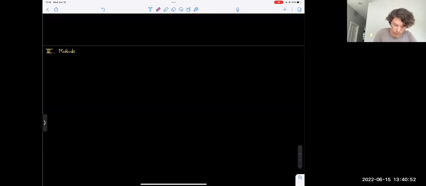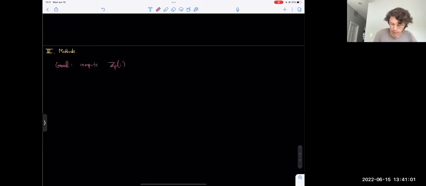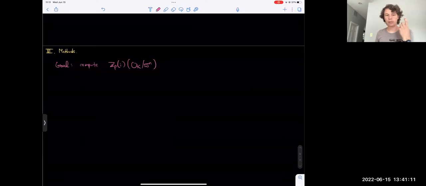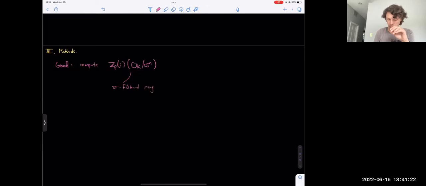So let me just remark. The goal here is to compute Z_p(i) of O_K mod pi^n. And the first thing is that we can get some easy information about this. So this is a p-adically filtered ring. We can give it the filtration by p-adic powers. And the associated graded,